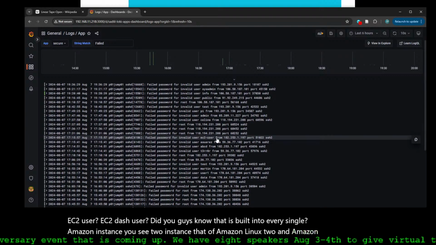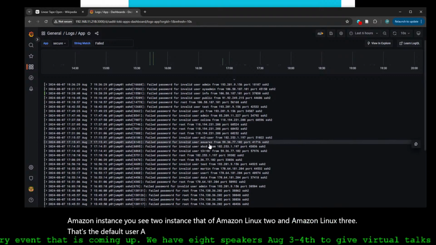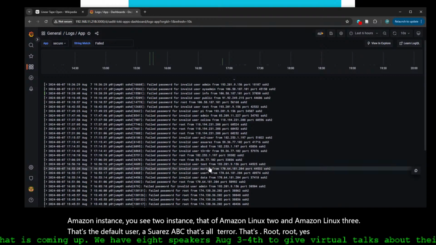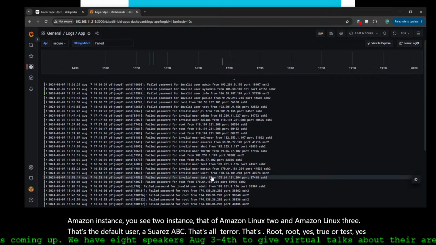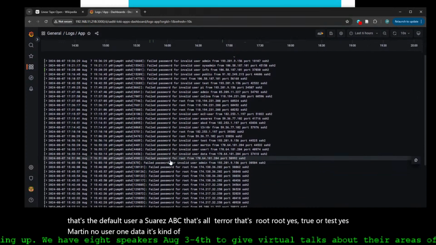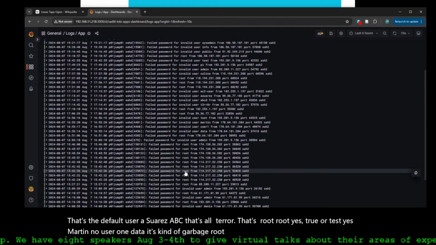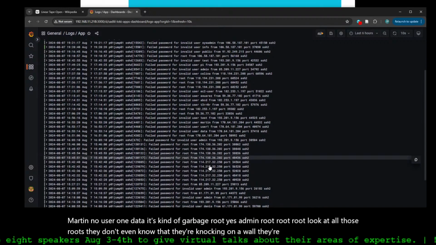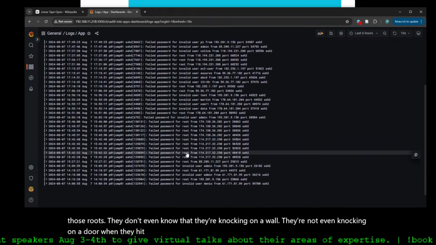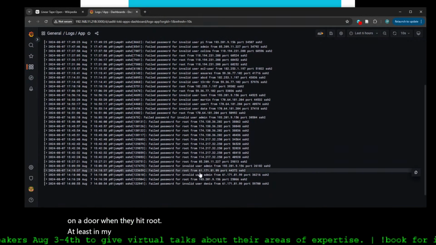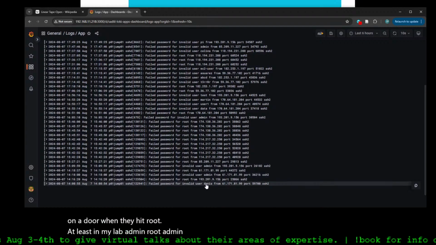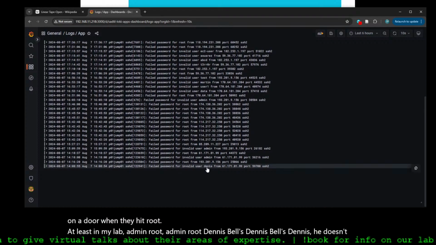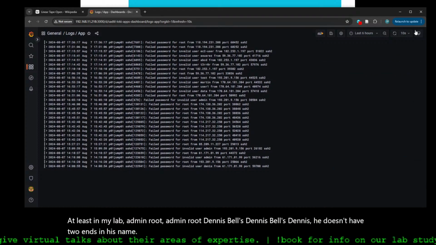That's the default user. Suarez, ABC, that's all garbage. Terra, that's garbage. Root, yes. Test, yes. Martin, no. User1 data, that's kind of garbage. Root, yes. Admin, root. Look at all those roots. They don't even know that they're knocking on a wall. They're not even knocking on a door when they hit root, at least in my lab. Admin, root, Dennis. What's Dennis? He doesn't even have two N's in his name. That's sad looking. All right. Anyways, the point is,